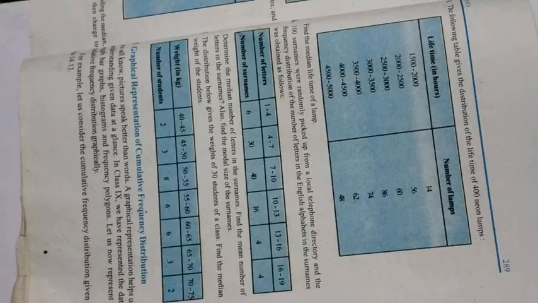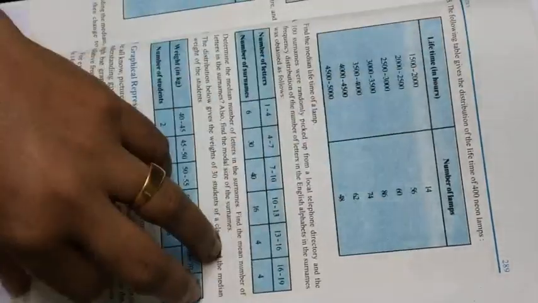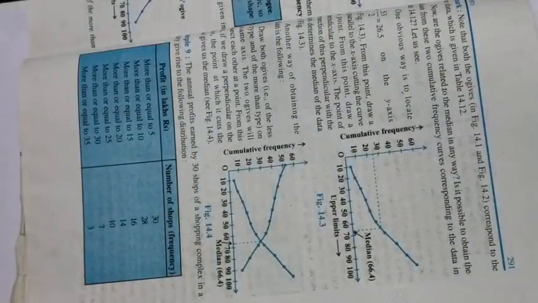Now before that, in 5th or 6th standard, we have learned pictorial representation. That is, if a car represents 1,000 cars, then how many cars you have to draw for 5,000, like that. In smaller classes also you have learned that. So here is graphical representation of whatever we have learned.